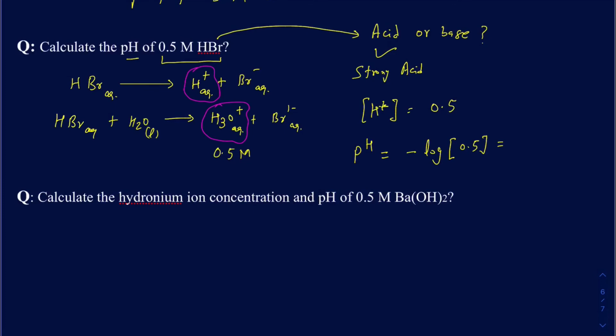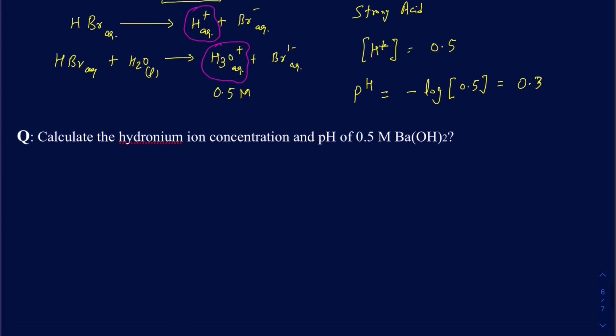Let me just double check. Oh, so negative log of 0.5 is actually 0.3. Okay, so that's going to be the pH. This is very acidic because the pH is fairly close to 0 here. Okay, let's look at the